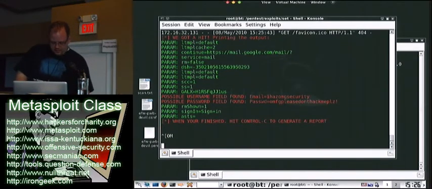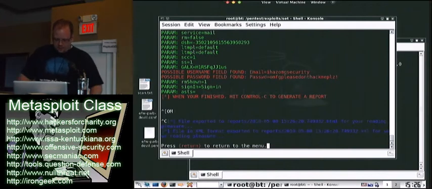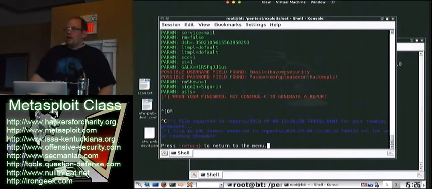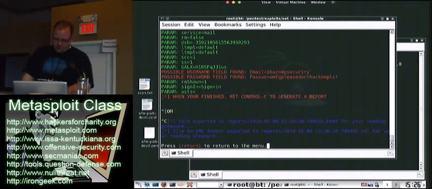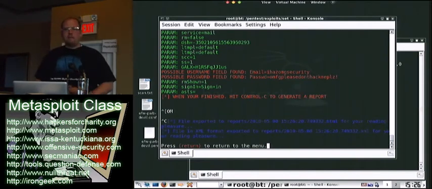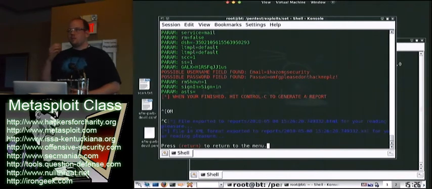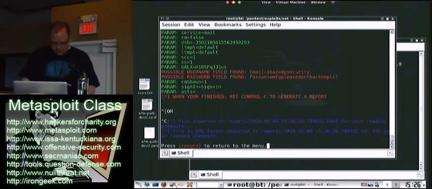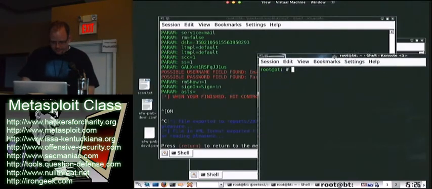So that's nice. Now when you Control-C out of here, it will automatically export a report format for you. It'll do HTML-based formatting and also XML-based formatting if you want to create a tool off of it. Go right ahead. But what's nice about this is if you're doing a mass phishing attack against someone and you get, say, 50 people, it is multi-threaded, so it'll handle multiple connections and things like that. It'll generate a nice report for you, and I'll just show you a really quick output of that report.